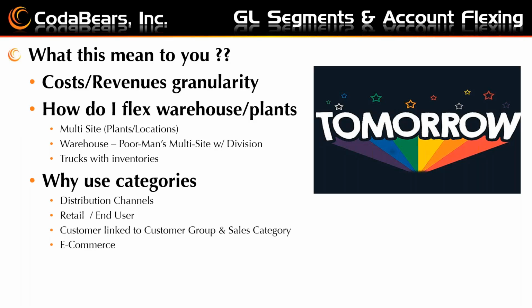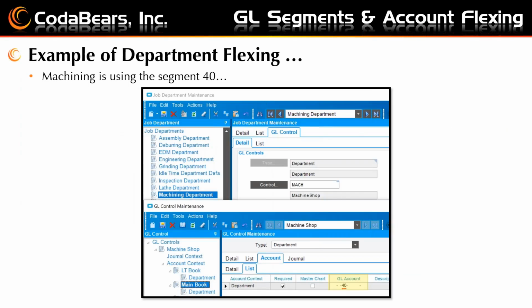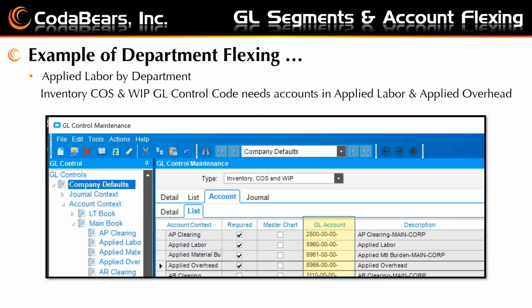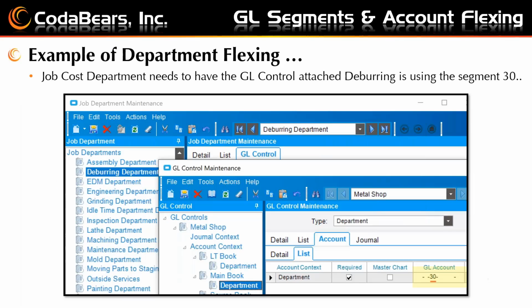Touch base on indirect labor account flexing. That's a little trickier, indirect labor, but within the GL control on indirect labor, we can capture that again by department. Could be, in our example, a Department 30 or Department 40. Now we have to be careful when we look at the indirect labor GL control, because half of that transaction is going to trigger a credit to applied labor. So we want to be careful how we handle that, because otherwise you'll end up overstating your applied labor if you're just looking at your applied labor account